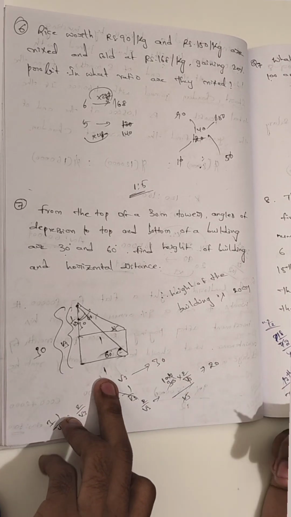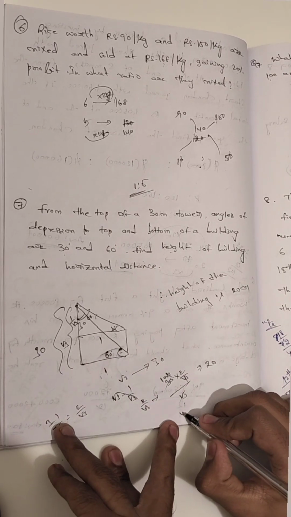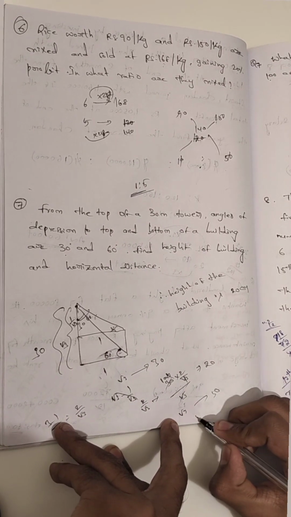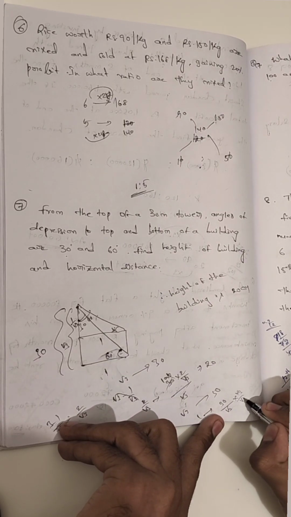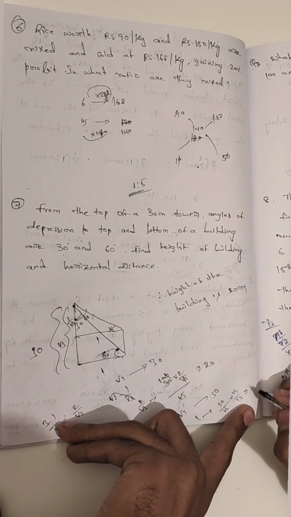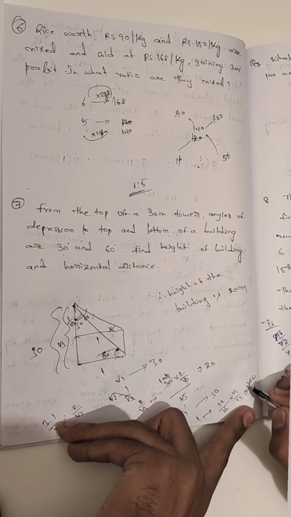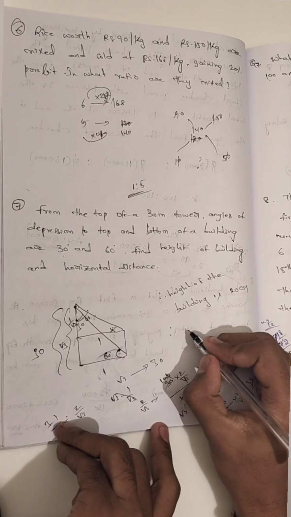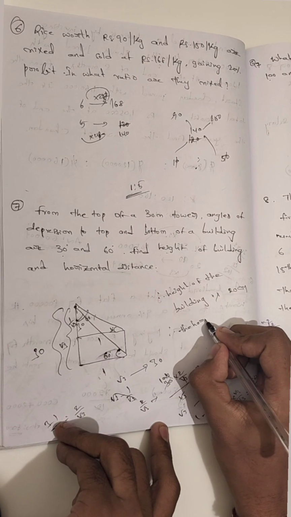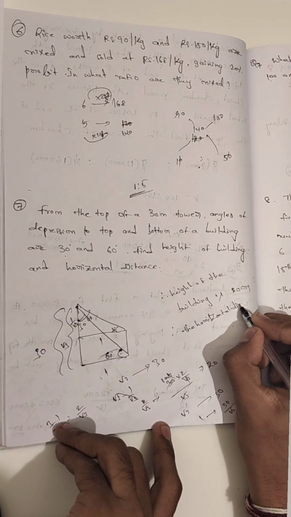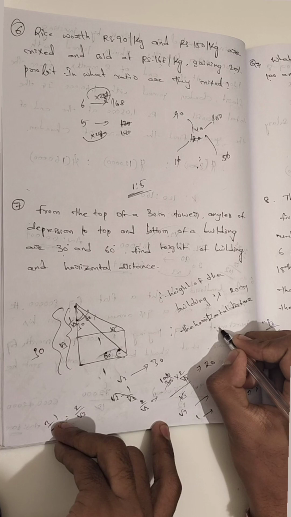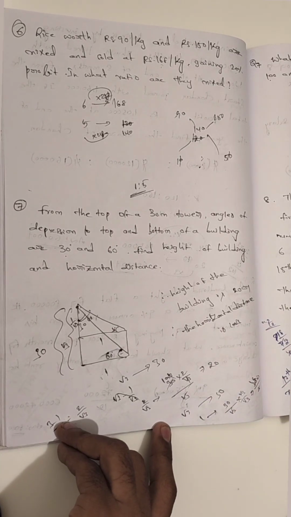That means here it is the 1. Okay, root 3 becomes 30. 1 becomes what? 30 by root 3. That means we have to rationalize. Okay, 30 root 3 by 3 means 10 root 3. The horizontal distance is 10 root 3. Okay,